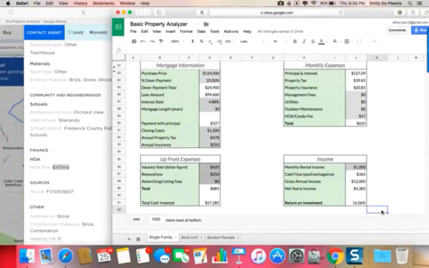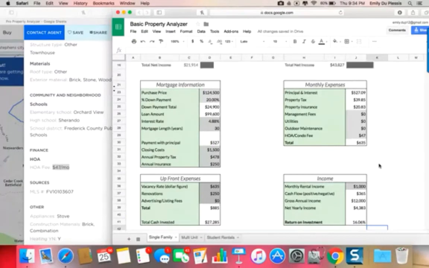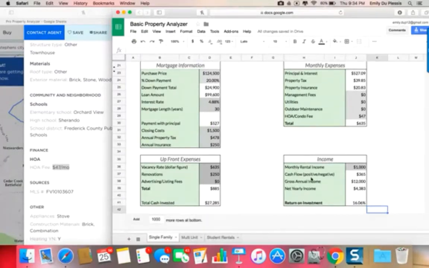And we tend to get our properties rented pretty quickly, so we don't typically tend to run into too many issues with vacancy rates. So there you have it, guys. Here we go. We've got our income. So monthly rental income is $1,000. We're looking to make $365 a month. That's positive cash flow. That gives us a gross annual income of $12,000, and we're netting, after everything is paid